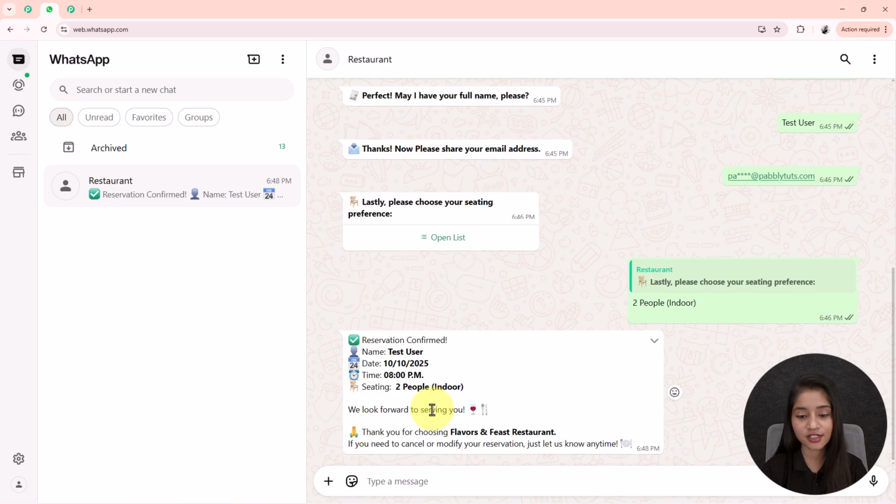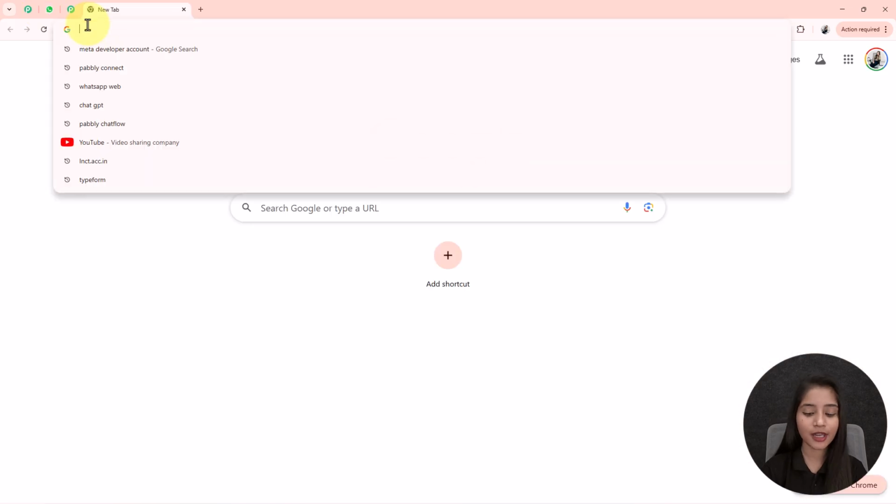selected from the list. So if you want to create this type of automated WhatsApp chatbot that will reply to your users within seconds without you doing any manual effort, then you have to follow the step-by-step instructions that I am giving you in this video. So let's get started. At first, you have to click on a new tab and search